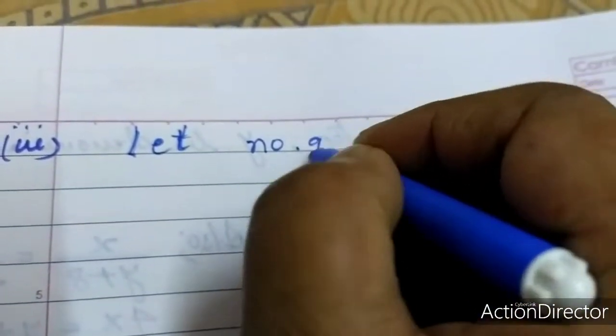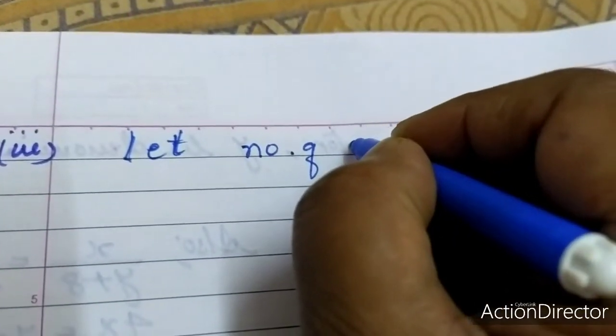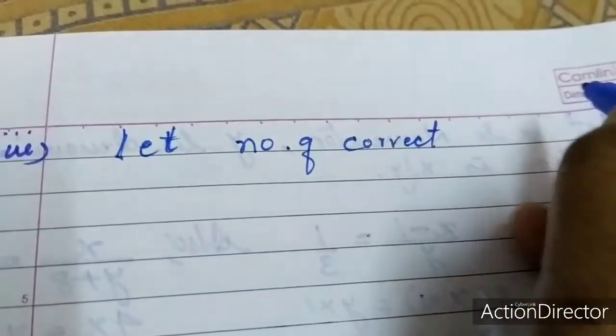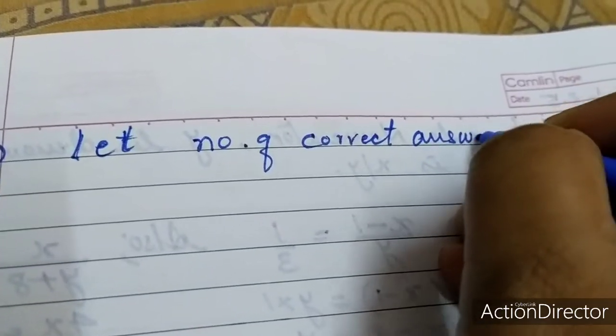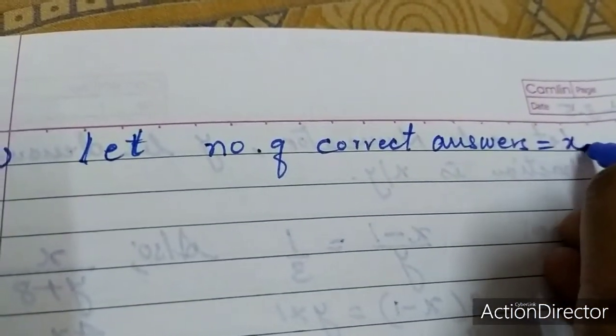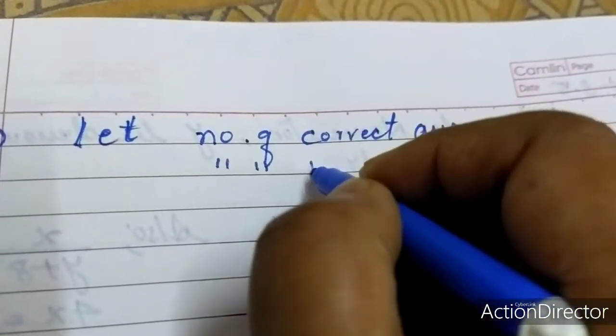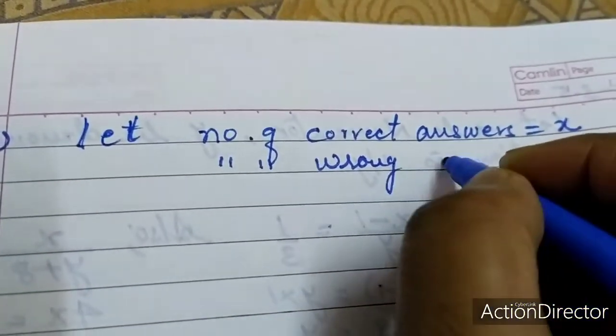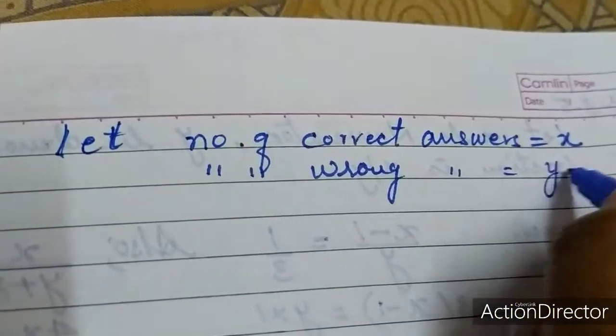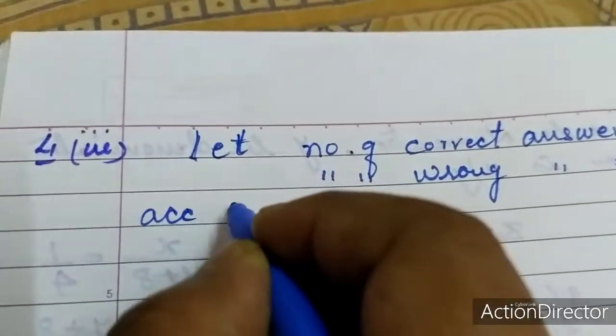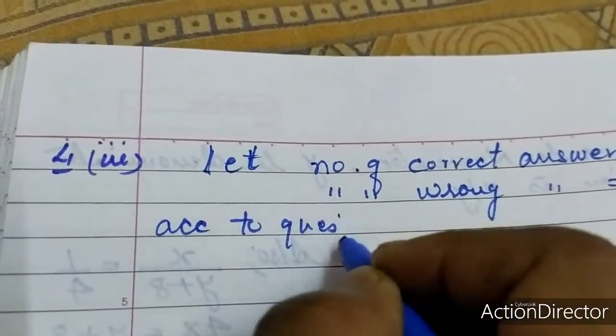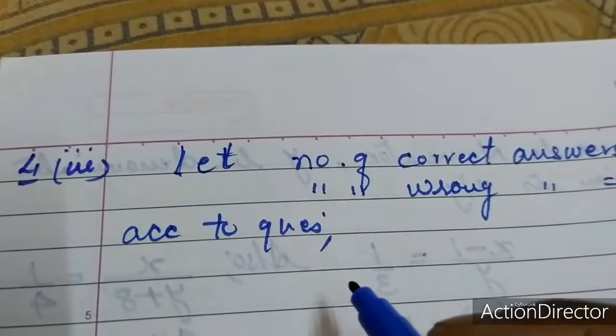Number of correct answers is equal to x, and number of wrong answers, or incorrect, you can write wrong answers as y. So according to the question, अब उन्होंने क्या बोला था फर्स्ट केस में, उसको 40 मार्क्स टोटल मिले थे